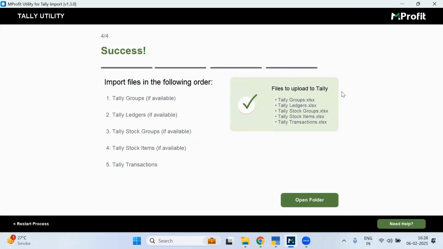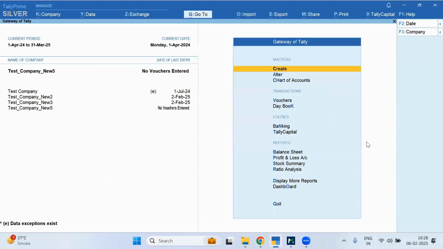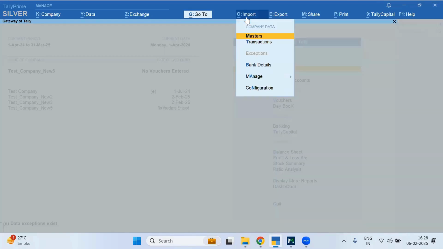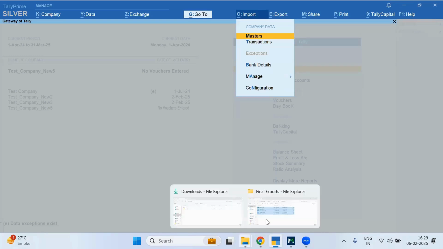Now I'm moving to the third step, which is uploading your files into the Tally application. Here it is very straightforward. You have to simply select the import option and upload all the files. To do that, simply go to the import button. First, there are four different master files which we'll upload, and then there is a transaction file. One important point here is that you have to upload the files in a particular order,